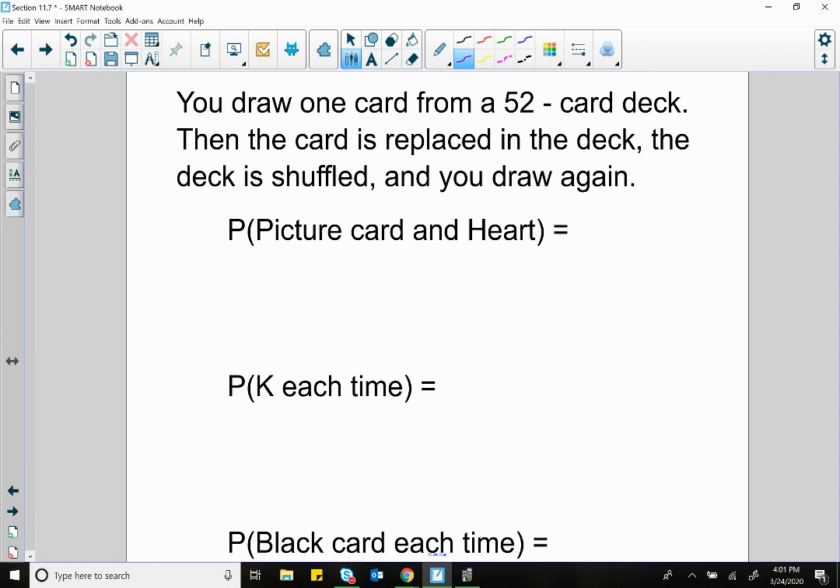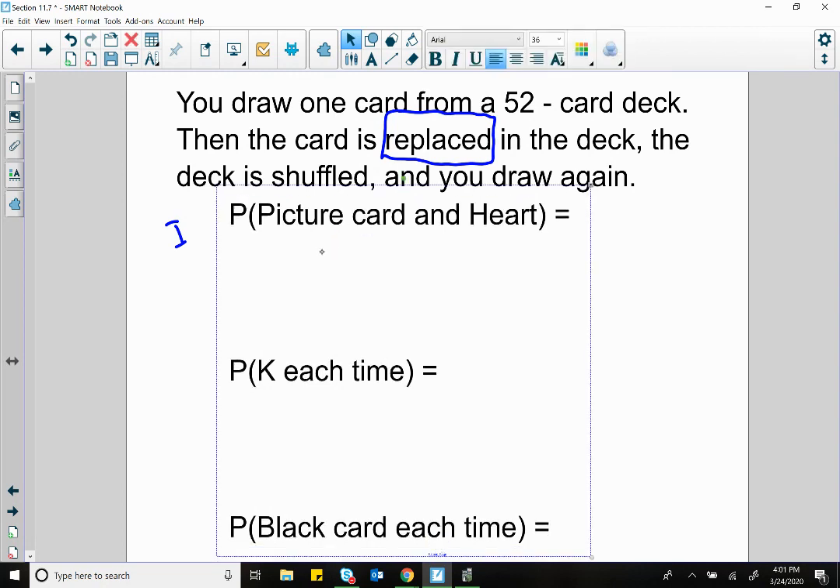Okay, so hopefully you said that this is independent. The reason is because we are going to put that card right back into the deck. We are replacing it. Anytime you replace something, you're right back to the beginning. So that's why this is independent, because the first time you draw, you got 52 cards. When you put that card back, there are still 52 cards there. So it's the same deck that you had the first time you went around. All right, so since this is independent, all we need to do,